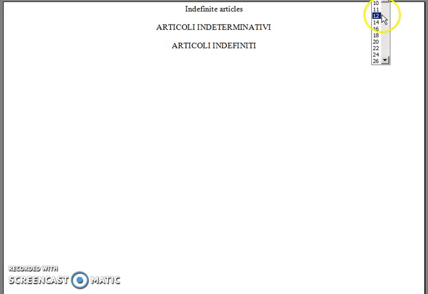Let's talk about indefinite articles, which in Italian are called articoli indeterminativi. I will spare you the anguish and I will simply call them articoli indefiniti. In English we have only two forms of the same article, which is